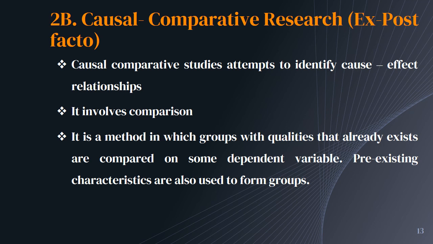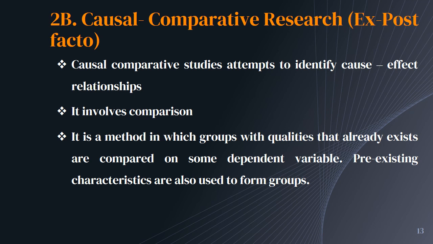And in the causal comparative research, what we are going to do, the causal comparative research attempts to identify the cause and effect relationship. It means here in this causal comparative research, we are going to find out the cause, that is reason, how caffeine consumption is going to affect the brain and what is going to happen in the future on the human body. That comparative study is done in this research.